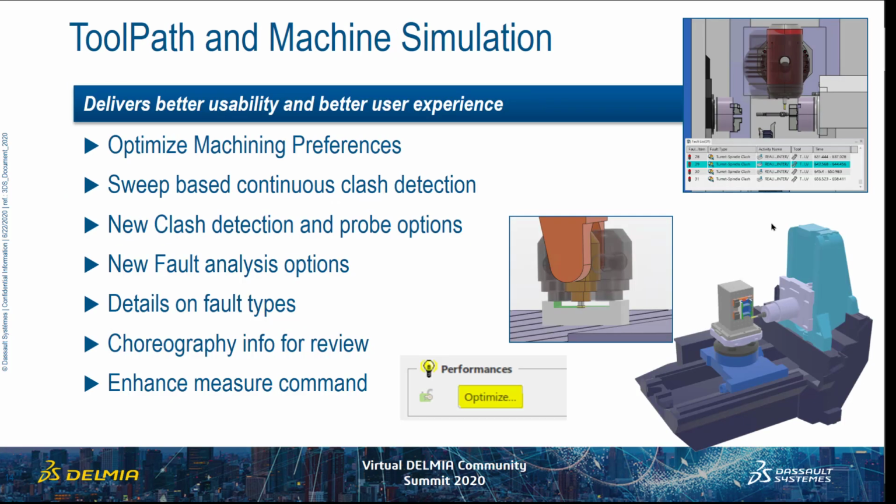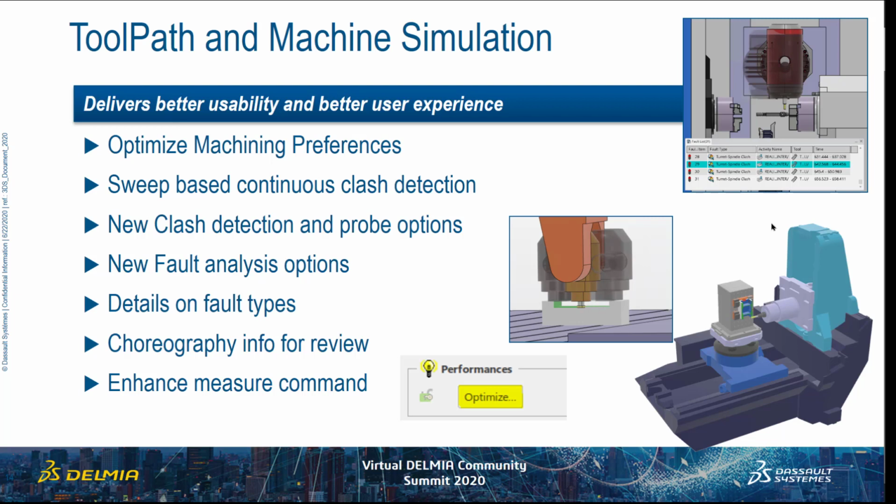There has been a number of enhancements delivered on toolpath and machine tool simulation. Some of them are mentioned here. Optimize is one of the options, available in the preferences. Clicking on it will automatically set some preferences that will improve your simulation speeds. Now this has been proven: compared to V5, the simulation in 3D experience is much faster